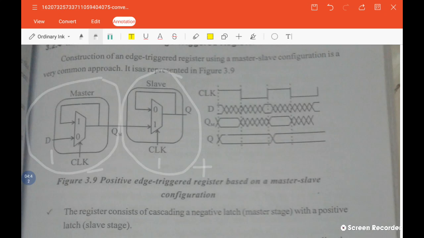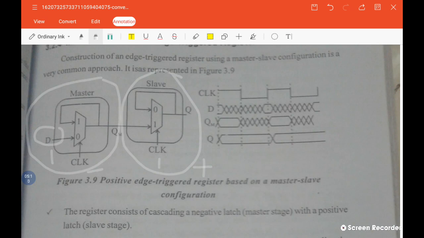What will happen to the circuit? So first you check the operation of the master latch. The master latch, being a negative latch, gets a clock high. At that time, what will happen? For a negative latch, when the clock is high, that negative latch will go into hold mode. That means it can't sample any new data. Whatever data D is available cannot be copied to QM at this moment.